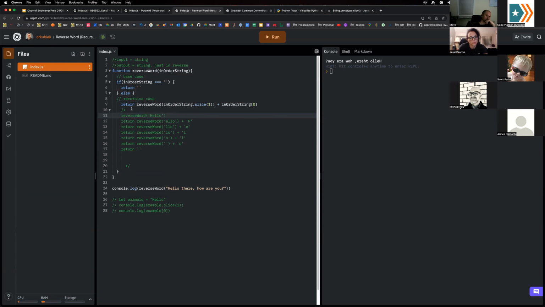All right, and so we call this down here. We come in with, this is our recursive call. This is our return, which is basically the H has been sliced off. We're starting at the first index position or the second index position. And then we hold H, which is the 0 index position over here, right? And then we keep going all the way until we call it with an empty string, and the empty string is our base case. And so we return this, let's just say,